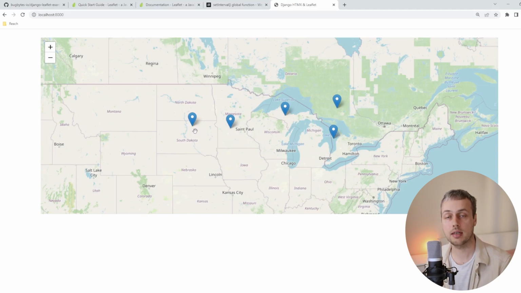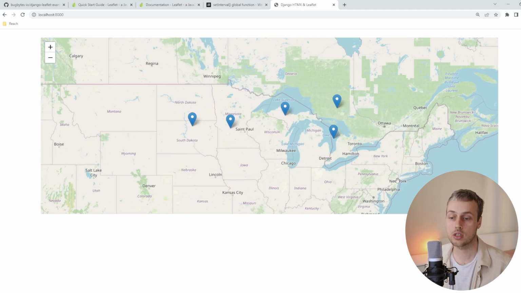And once the front end gets that data, it can use it to actually update the positions of these markers, and it can do that by clearing out the existing markers from the layer group that we've created, or the feature group that we've created, and then adding the new positions to that feature group. So we're going to start doing that in a second, but one thing to note is we are going to update the map, but we don't want to re-render the entire map every 5 seconds. That would be quite a waste of resources. Instead, we just want to update the positions of the markers on the map, and we're using the layer group or the feature group to group them together so that we can easily get rid of those and bring in